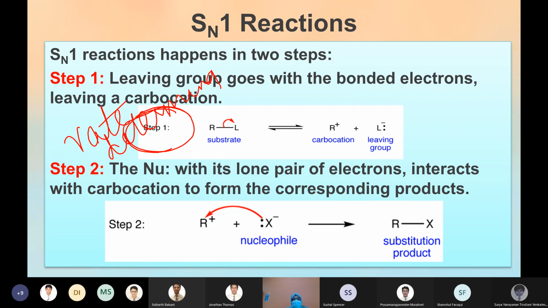Actually, it's considered one step because it forms only an intermediate, which is not an actual product. It's an intermediate state where the incoming nucleophile and the leaving group are simultaneously present, and immediately you get a product. So it actually happens in a single step. You can say it's like a transition state, a transformation, a rearrangement in the molecule. That happens usually in organic chemistry. You won't find that kind of reaction in inorganic chemistry.